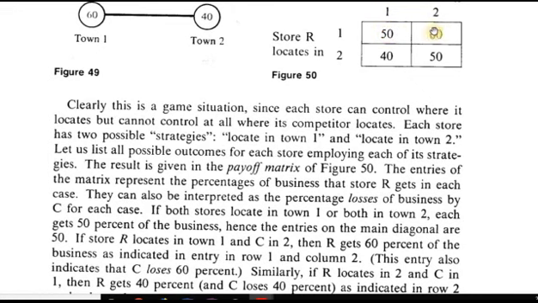He could possibly lose 60% of the business here, and most likely because store R knows the score also and knows the situation, he's going to choose row 1. He's going to choose row 1 because that ensures his best payoff. Right? So both of them are going to choose row 1 from that point of view, and they'll both end up with 50%. Which is a reasonable outcome, and in fact is the outcome you would have expected at the beginning, even while thinking from a game theory perspective. All right, so in this simple case, our result agrees with intuition. Later on we'll have cases that are not so simple, and you'll be able to solve games that we never could have solved using intuition.